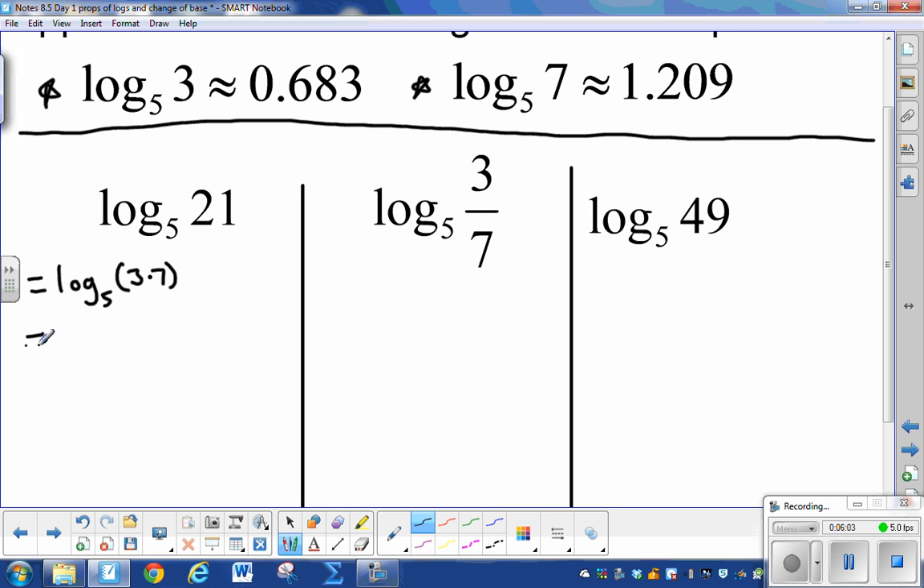So with this, since we have multiplication, I can now split these up into two parts. So I have log base 5 of 3 plus log base 5 of 7. Now if you notice,